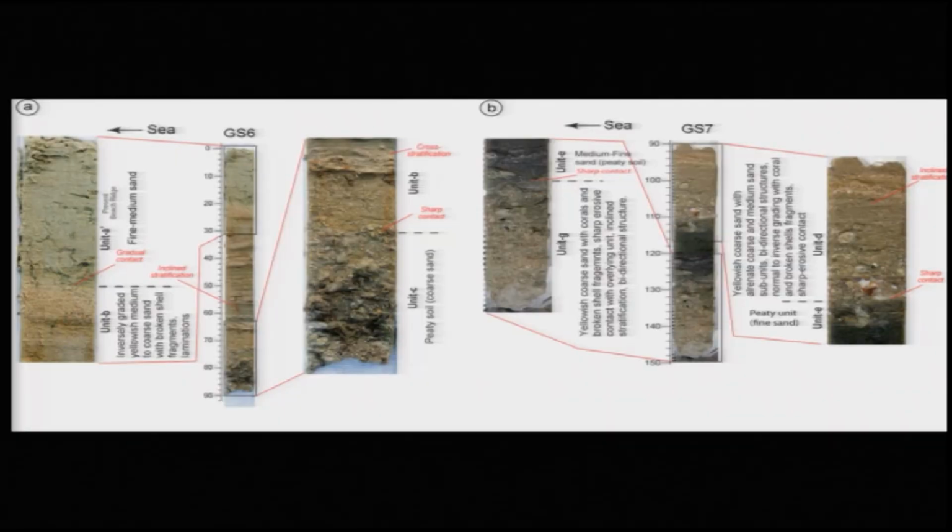So, if you look at the close up of this, what we see here is the blackish layer, that is your peat, and on top of this we see the tsunami sand. The tsunami sand deposits are also not very well sorted. They are poorly sorted and show inclined stratification and sharp contact with the underlying units and all that. So, those things we took into consideration to identify the tsunami deposits from the normal storm deposits.